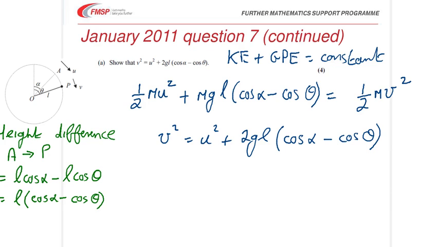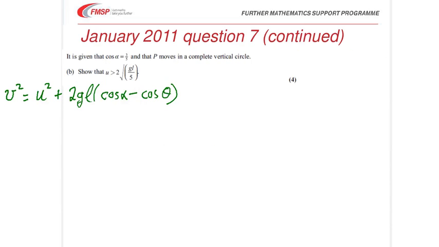Next bit then. For the next bit, it tells you cos alpha is 3/5 and P moves in a complete circle. So it keeps moving right the way around. We know it's attached to a rod, so what this is really saying is that v is greater than 0 at the top. So at the top,